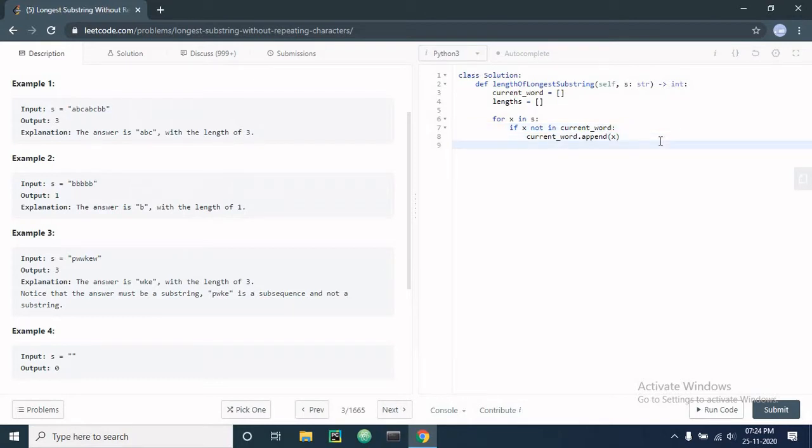Else, if it is there in the current word, then we will append the length of the current word, like lengths dot append len of current word. We append the length of the current word to the array lengths.